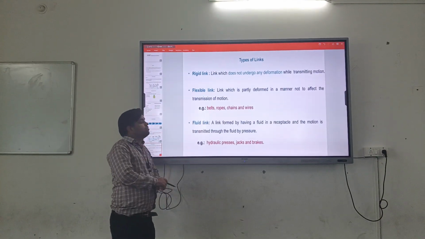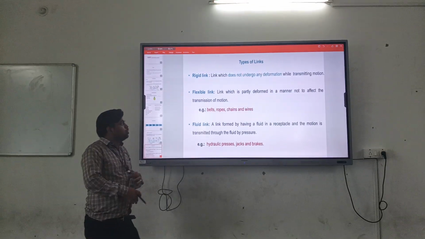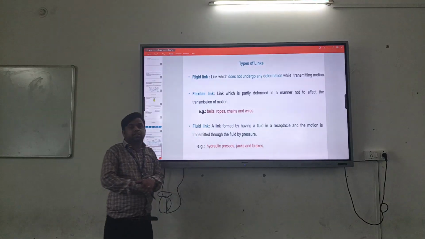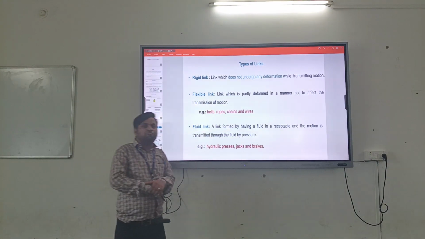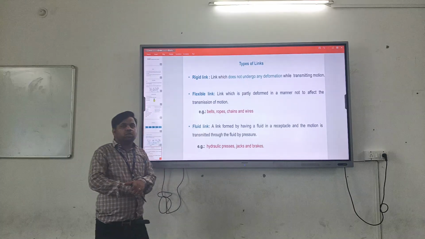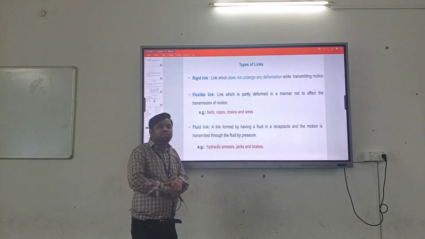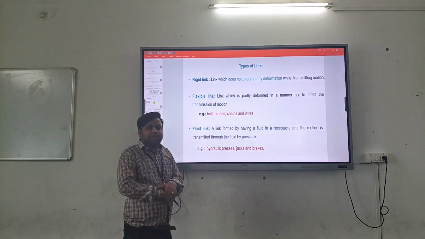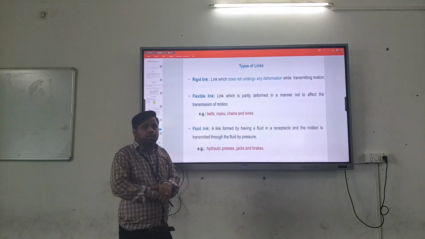And the rigid link, first we start with the rigid link. Rigid means a body which cannot deform by applying external force on it. So this type of link cannot be deformed during motion; its shape and size cannot be changed, but the